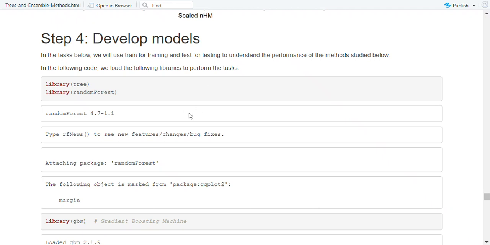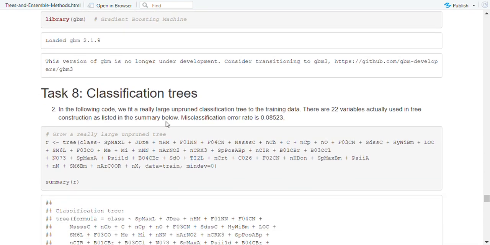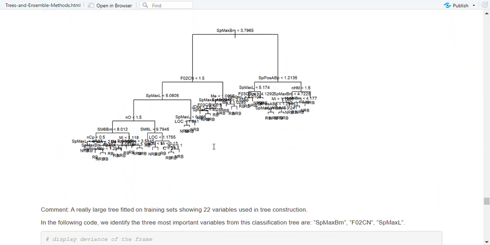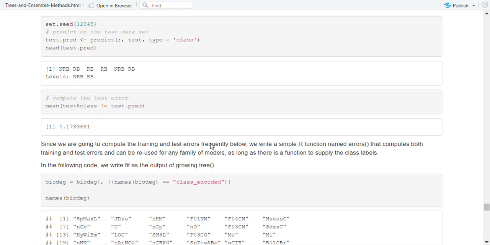In this lab, we will continue with developing models using classification trees for biodegradable data. So we import the library tree to do that. We fitted a really large unpruned classification tree to the training data, and then we found the misclassification error rate for the test data, and the misclassification error rate for the test data